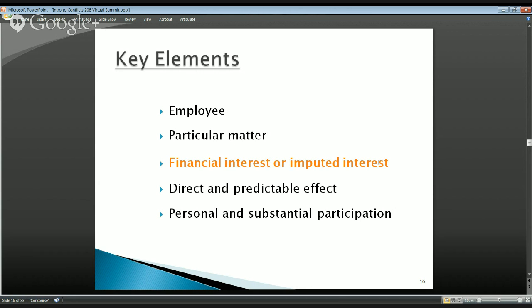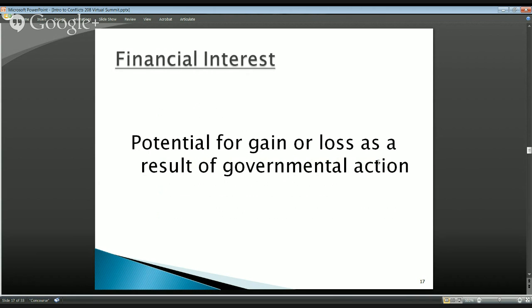Let's take a look at the slide here. And I think this is an area where people get confused because, in some ways, the way the law is worded and the way the regulation implements it is a strangely worded law. We say in the statute that we can't participate in a particular matter, which we just talked about, in which the employee or those list of persons whose interests are imputed to the employee has a financial interest. Right. So the financial interest is in the matter,